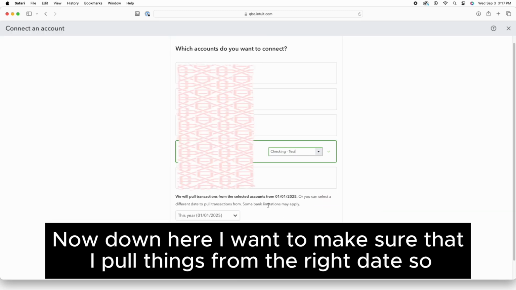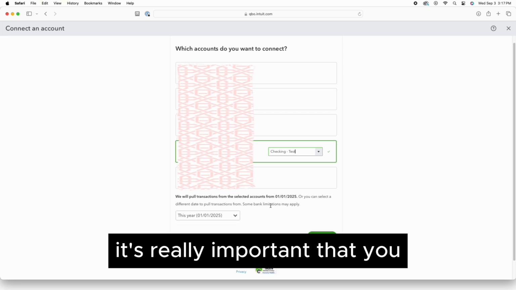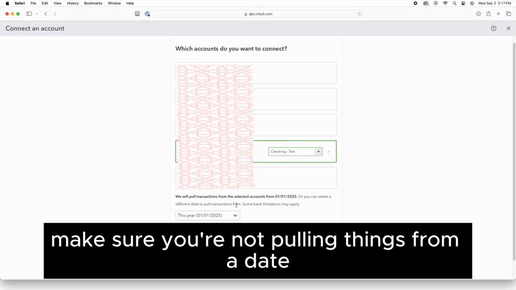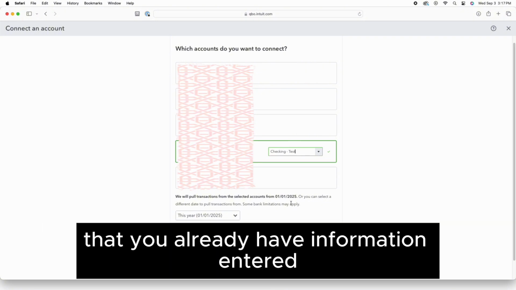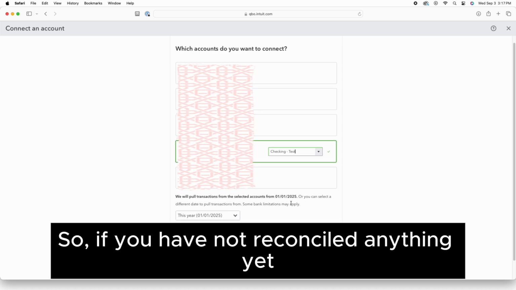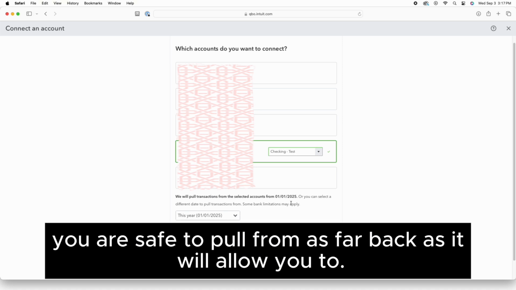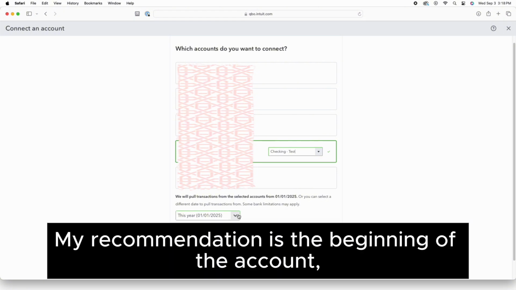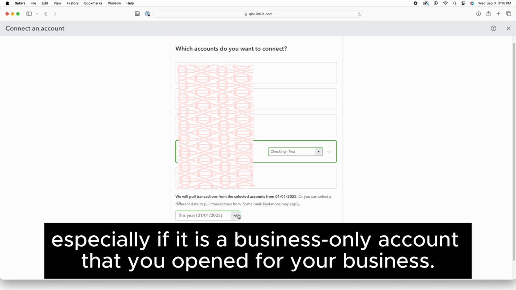Now down here, I want to make sure that I pull things from the right date. So it's really important that you make sure you're not pulling things from a date that you already have information entered and reconciled. So if you have not reconciled anything yet, you are safe to pull from as far back as it will allow you to. My recommendation is the beginning of the account,